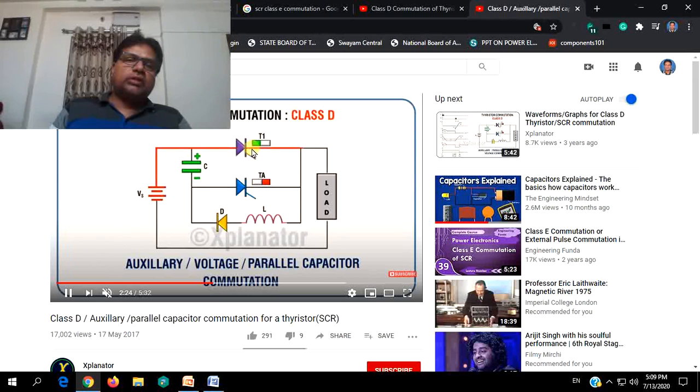Now when you turn on SCR1, the current flow is as shown in the main path circuit, main SCR and the load, and the other current is capacitor current flowing through the main SCR, L and D back. In this process, eventually the bottom plate of the capacitor becomes positive and the upper plate becomes negative. So this diode anode will get positive, the diode cathode will become more positive, so it will be turned off, or it cannot be conducting, it will be blocked.